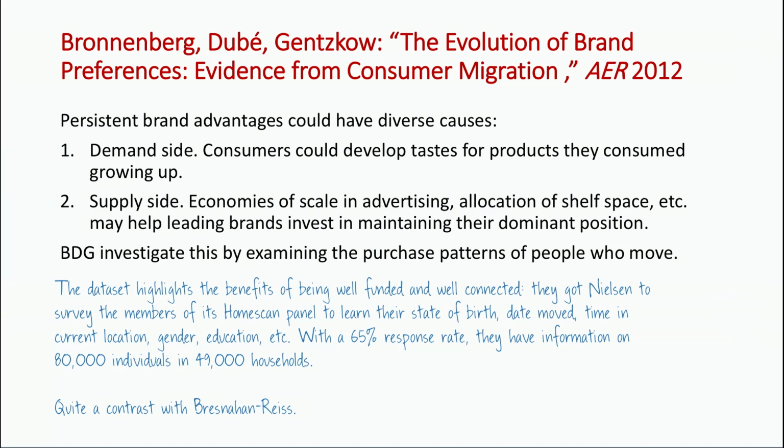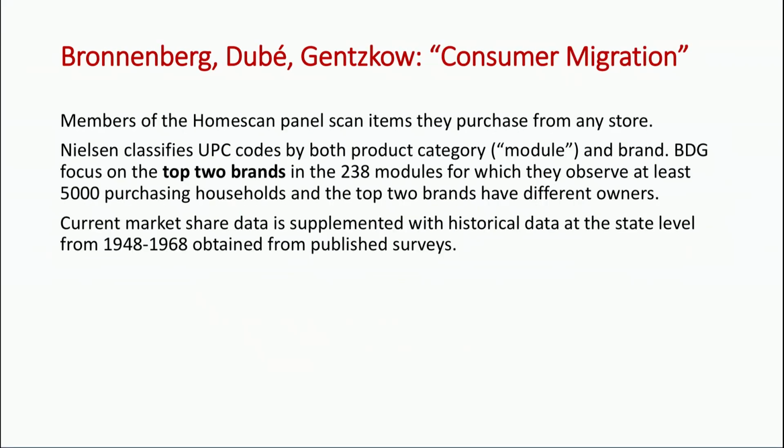And I think it's an interesting contrast with Bresnahan and Reiss, where we're opening up the phone books and we're counting there are 3 dentists or whatever, and that's for 200 different cities, versus this 80,000 people, where you've got basically their shopping lives laid out in front of you, as well as some of their life history.